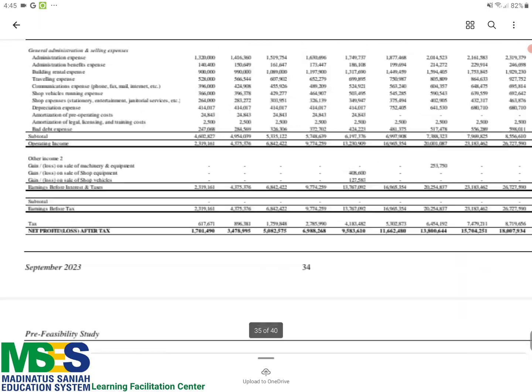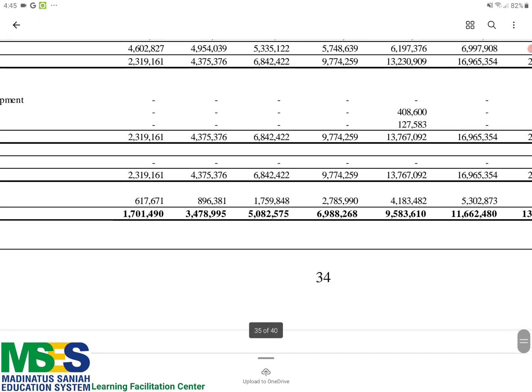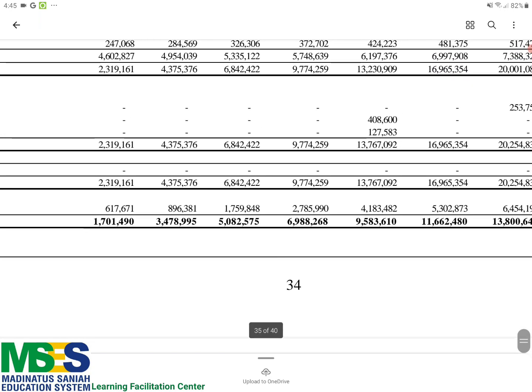What would we say our payback time is? 5 years, I think. No, four. The payback time is the accumulated profits from all the years. So we covered our costs 1.7 million in the first year, 3.4 in the second. So combined is around 5 million. 5 million were already covered in 2 years. And in the third year, we had already covered all the costs and we had started earning extra money.